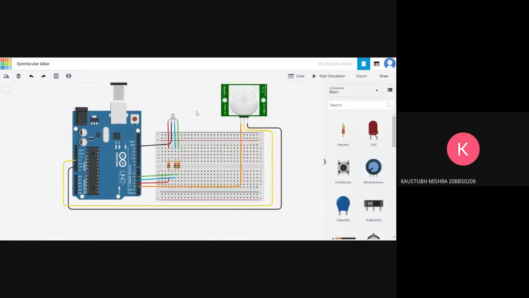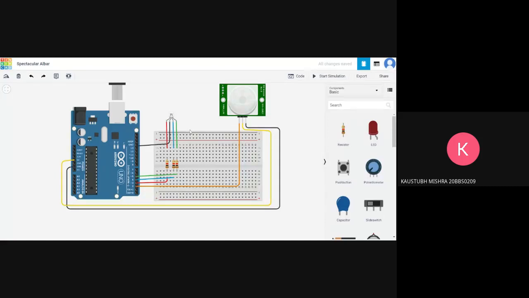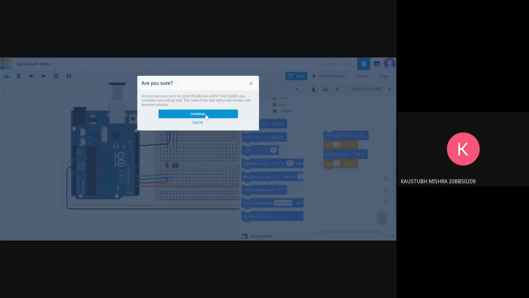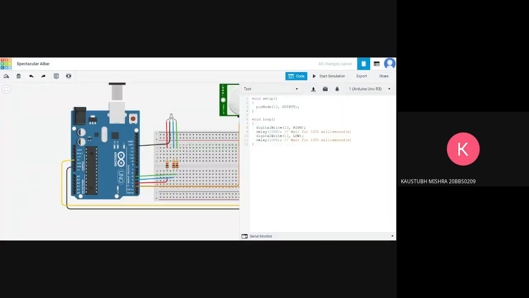Now that our circuit is in place, let's start with coding. It might seem a bit scary at first, working with this complicated looking circuit, but it's actually really simple. Once you click on the code button, if any of you have used Scratch, this might seem familiar. There are these block type things which you can use like a jigsaw puzzle to set your code. But if you're not comfortable with this, just click on the blocks button and switch to text, which we will be doing right now. Switch to text and click on continue, and it will switch to this.